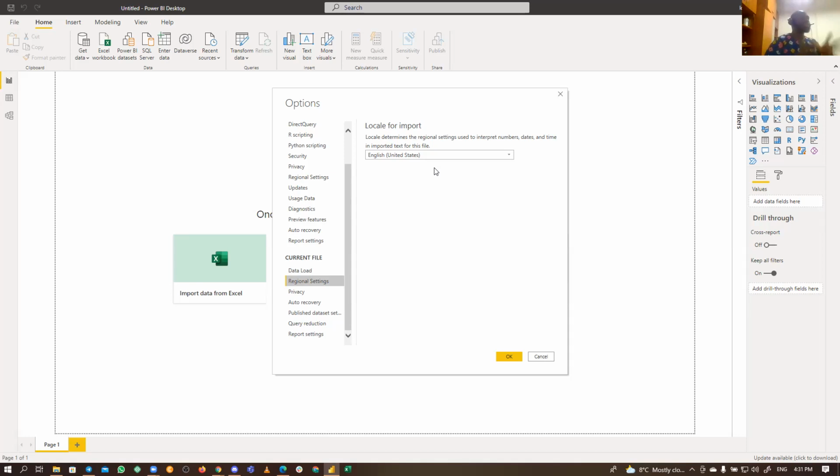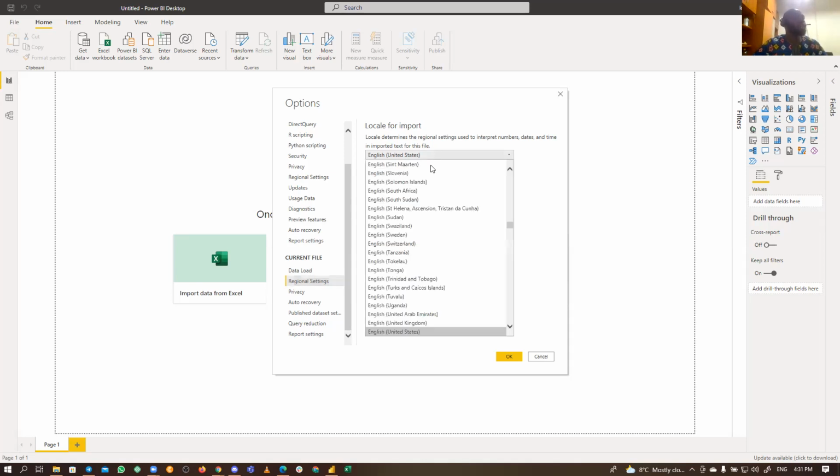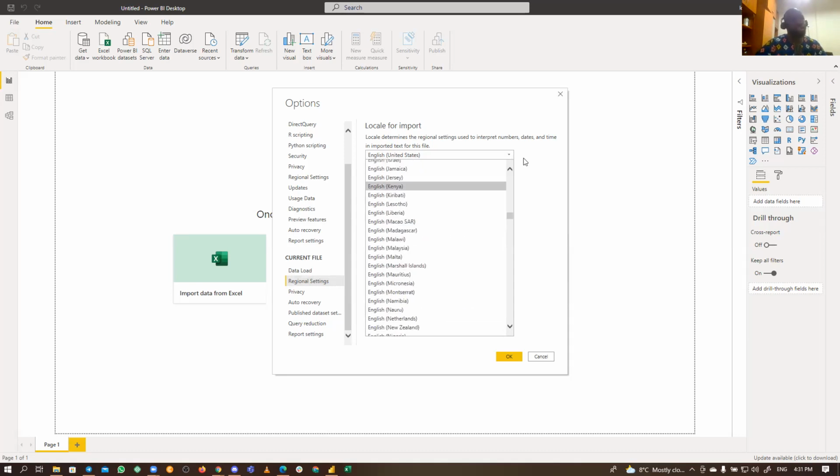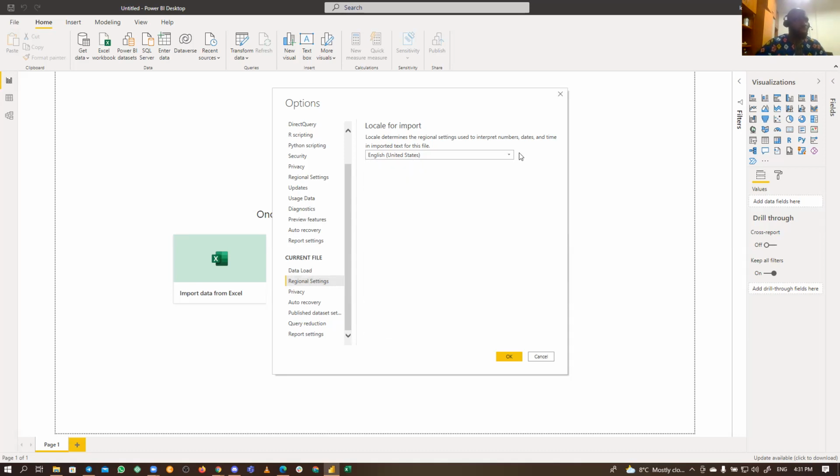So it's important to always know the source of your data and make this change here. If the file you're working with is not using this format, you need to change it to the format that they are using in that country. Is it clear? Very clear. All right, so these are the three important changes that we will make right now.